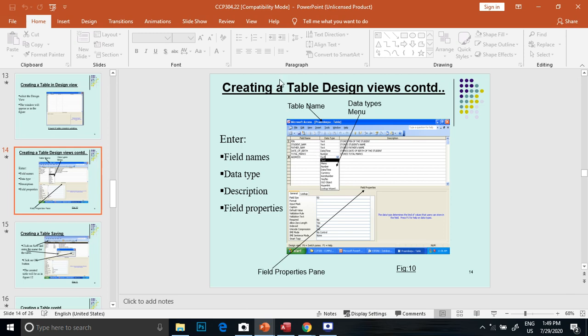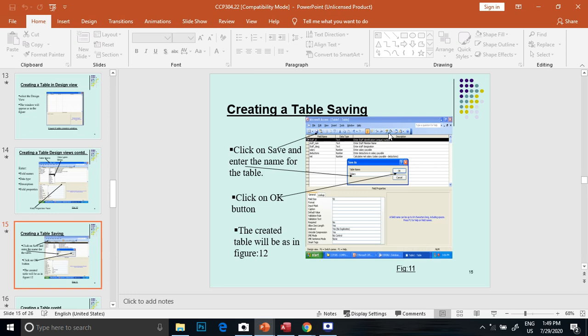Creating a table in design view continued. This particular screen shows saving the table.